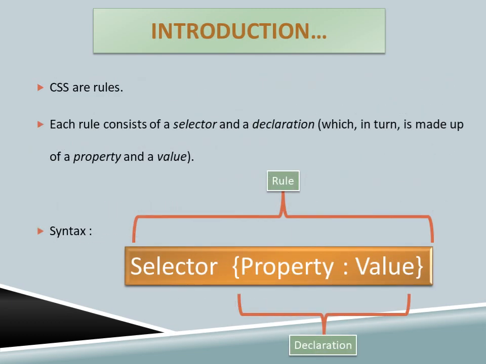Now here are some CSS rules. In order to create a style sheet, we have to specify a set of rules which are known as CSS rules or styles. These rules are used to control the appearance of various elements that appear in the associated HTML documents. Here you can see the syntax where there is one selector, and for the selector there is one property and a value given to that property. The property and value enclosed in curly braces is called a declaration part, and the complete thing including the selector is called a rule. That means rules are followed to create HTML pages.